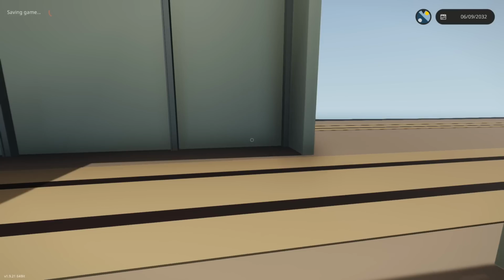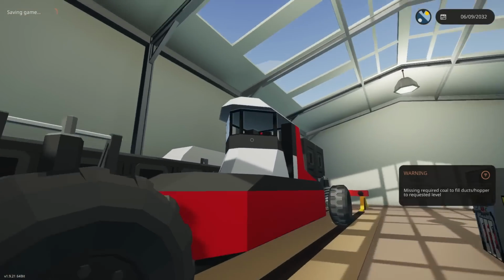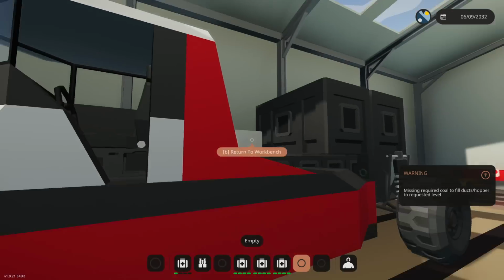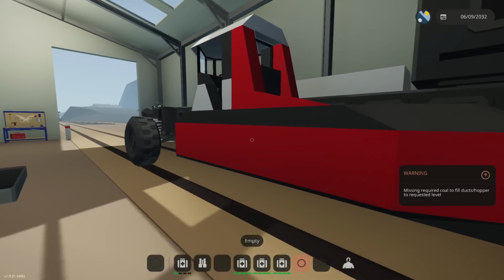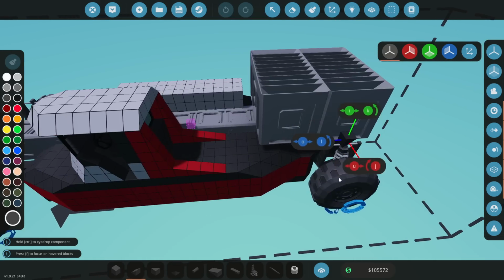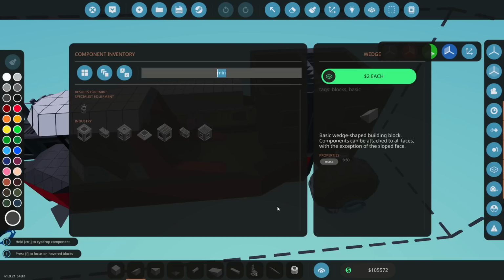Okay, spawn it in. Let's go get in the driver's seat, see what it looks like from there. Yeah, we can see quite a lot. That's good. And that doesn't actually look too bad. We do need to make sure it still works. So we'll do that. But yeah, this isn't bad. So,